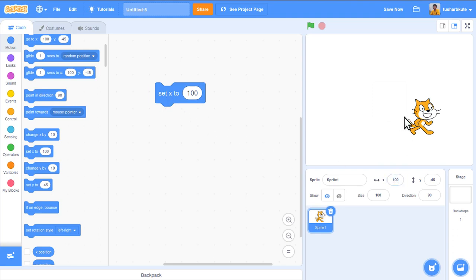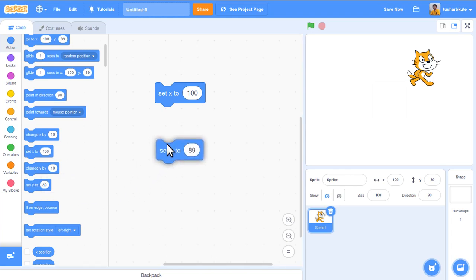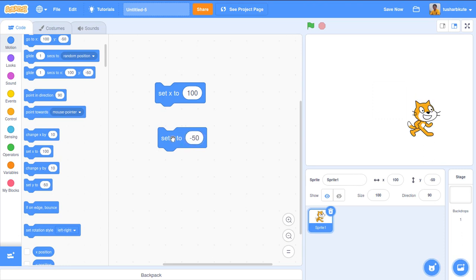Okay, now click on that. Wherever it is present, it will go to set X as 100. See, X as 100. And if I want to set Y to a respective position, I want Y to be always minus 50. Okay, click, getting minus 50. If I change this one, click. So on Y direction it will move by minus 50. Wherever that sprite is present in the output window, it will move to the respective position there.